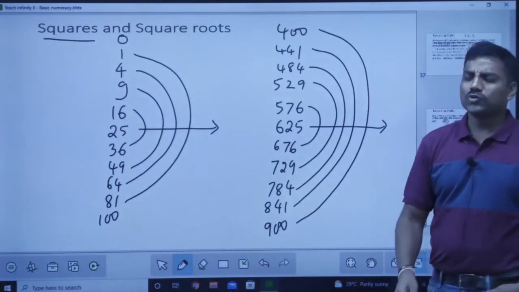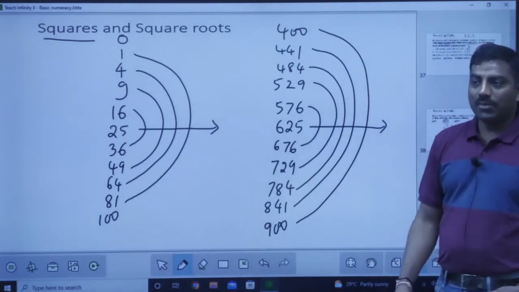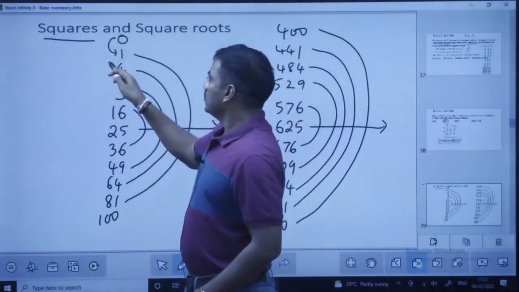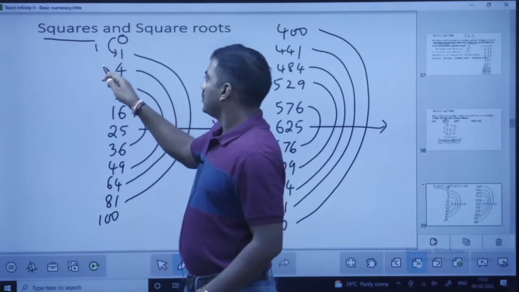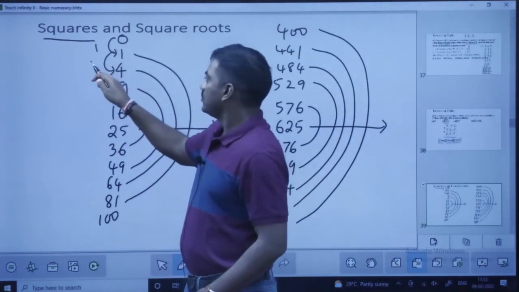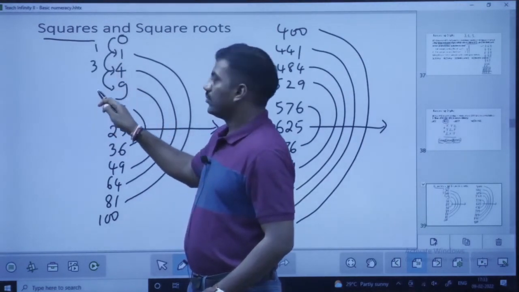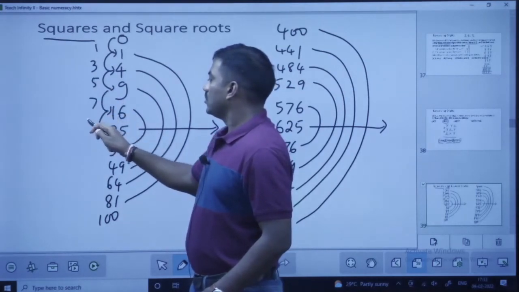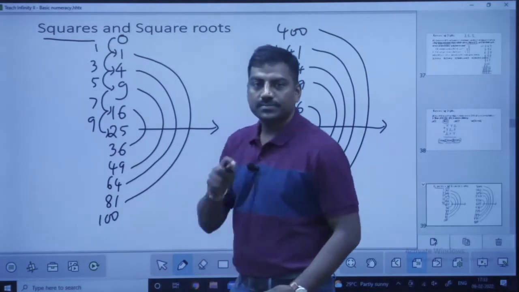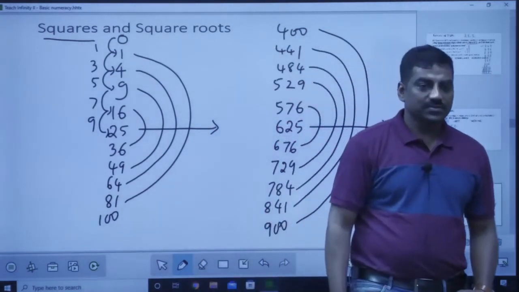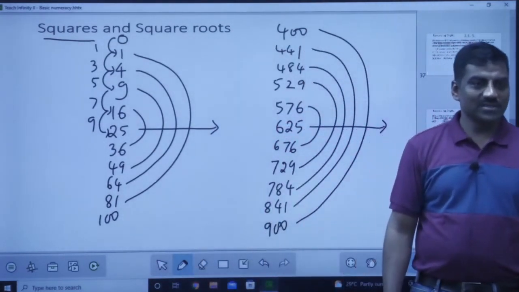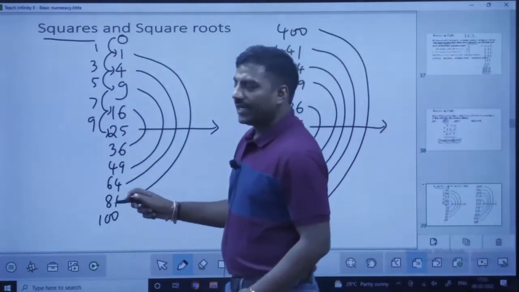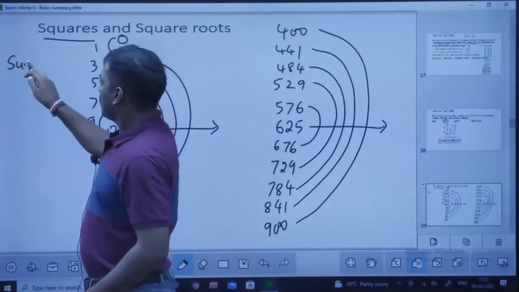So many patterns we can find. Again, tell me the difference between these two. These two. These two. What are these? Consecutive odd numbers. There is an application. So this is the basis of telling that the sum of